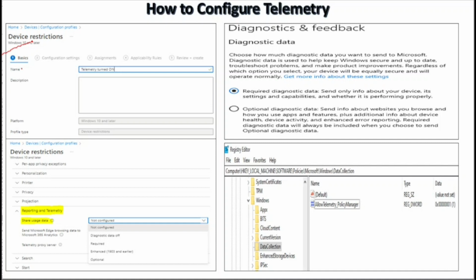And when we are going to create a device restriction profile, we have to ensure that the shared users data under reporting and telemetry is set to required. We have other options also called enhanced and optional, but for using the enhanced option,